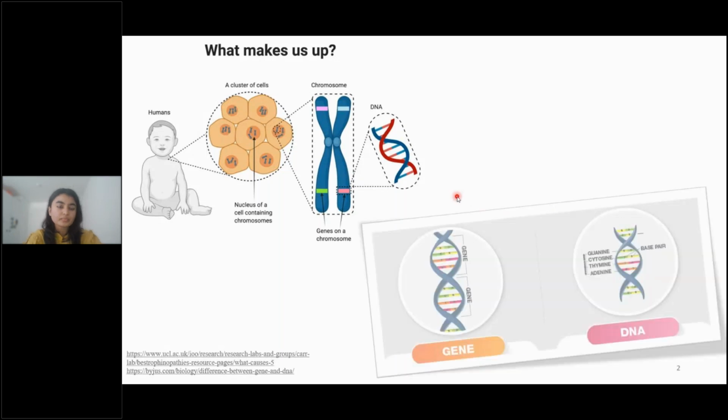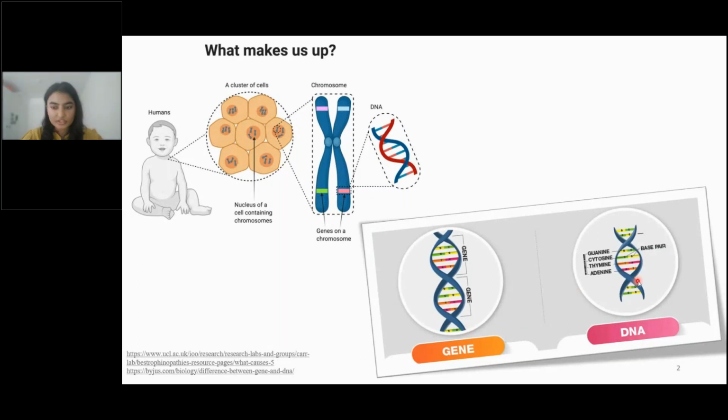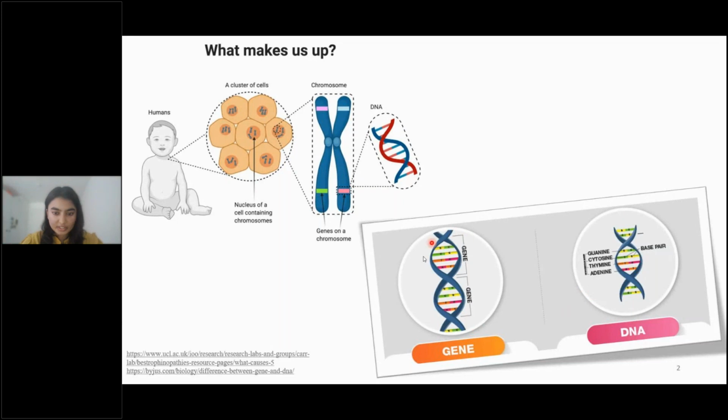Okay, perfect. So this was the second slide, where we have the cluster of cells, and in that we have the nucleus, right? When we zoom in more, we see the chromosomes, and in chromosomes we have the genes, which are made up of DNA. What is the difference between the gene and the DNA? The gene is basically a small segment of the DNA. These segments are responsible for characteristics like blue eye color or brown eye color, right? So these genes make up the DNA.